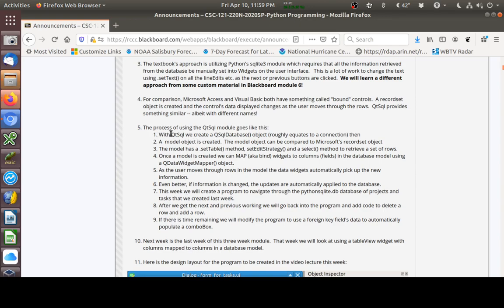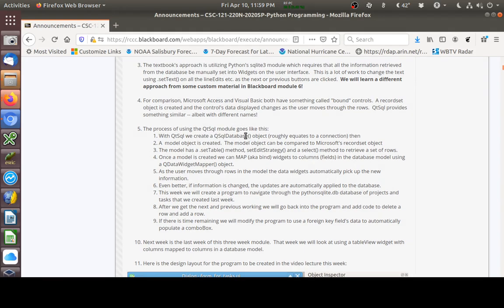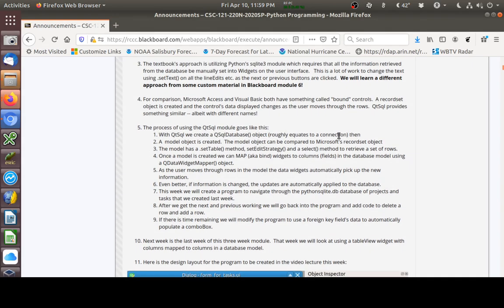We create a QSql database object, which roughly equates to a connection. We create a data model. Really, that's kind of like one line of code most of the time. The model object has a set table method and a set edit strategy and a select method that lets us select the